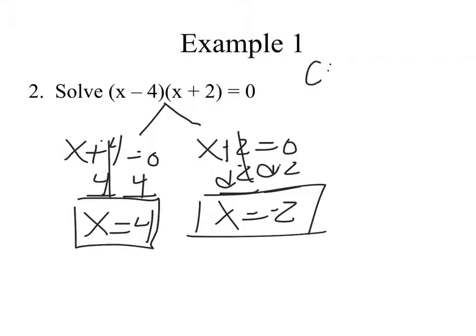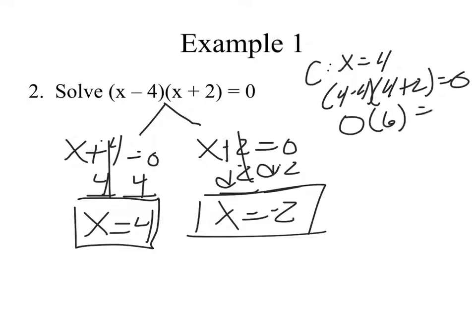Going to check them, I'm going to check x equaling 4 first. So in both parentheses, everywhere I see x, I'm plugging in 4. So 4 minus 4 times 4 plus 2 needs to give me 0. 0 times 6 needs to give me 0. 0 equals 0. Checks are pretty basic right now, and I understand that, but we need to get in the habit of doing them. Just like when we solved 1- and 2-step equations and I made you check and you were all like, why? Because eventually we got to 6 or 7-step problems, and that check came in